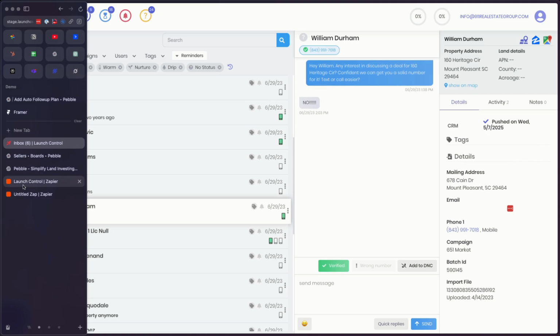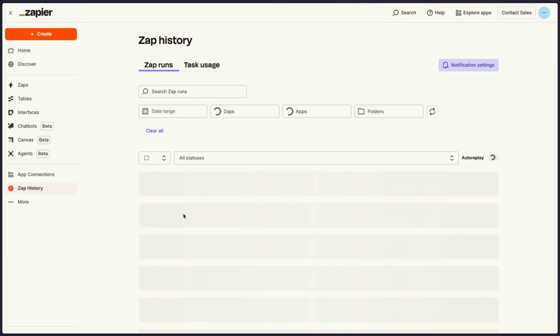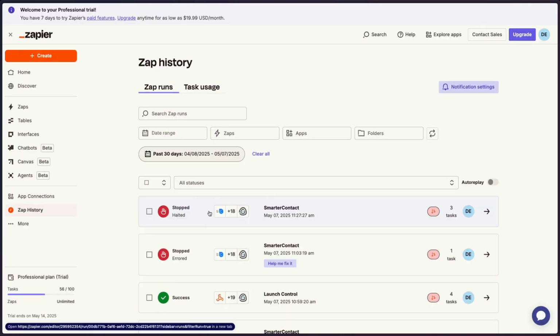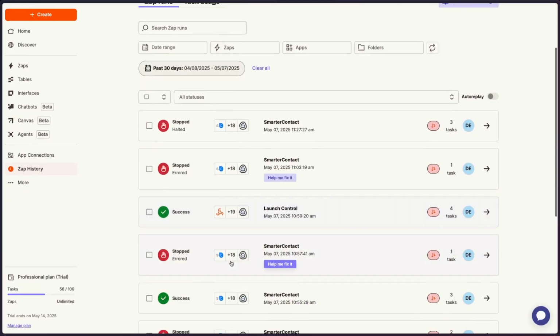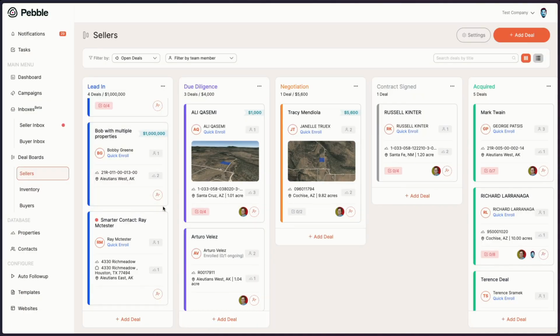Give it a few minutes. You can check your Zapier. I'm just going to go to your histories here. You can always see if it ran and what happened to it. It hasn't happened yet, but you would typically see it something like this with a success. And then you will see it created on your deal board here on the bottom. But it can take a few minutes, but that's how you connect Launch Control into